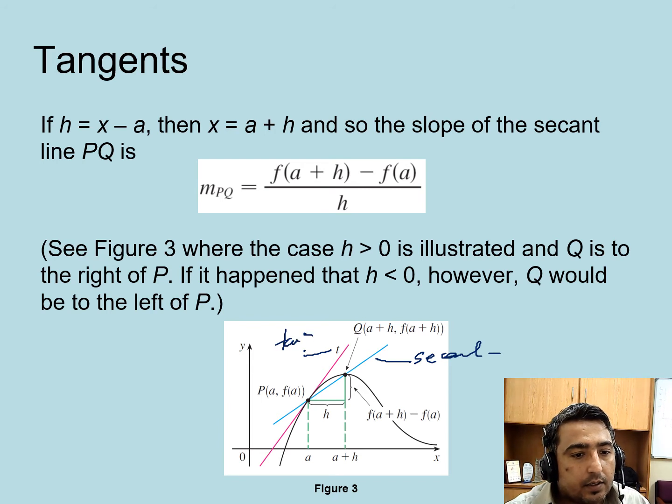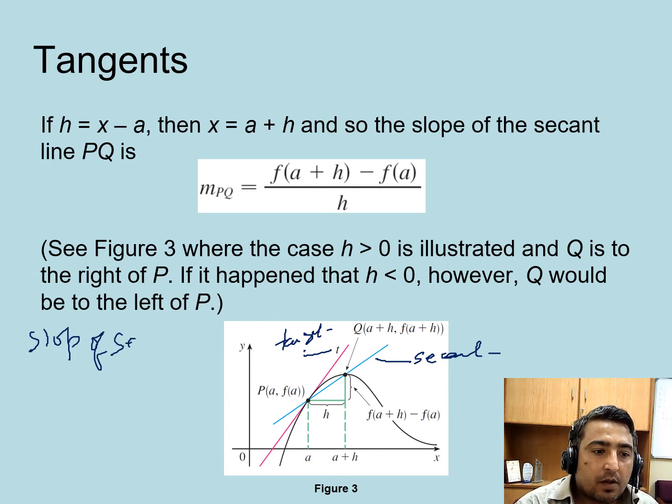We approximate the slope of this tangent as the slope of this line, because it's not possible to find the slope of this line. We only have one point, but for this line we have 2 points, and it is easy to find its slope. And once we find the slope of this line, we say this is the same as this one, or these lines are the same. So the bottom line is like